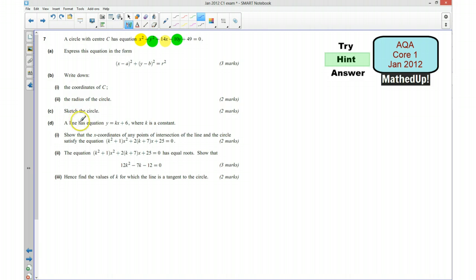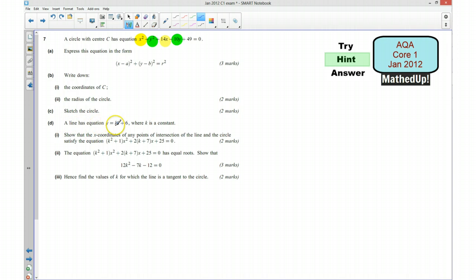Okay, part C asks us to sketch a circle, so hopefully from part B we'll have enough information, because we'll know the coordinates of the centre and we know the radius of the circle. We should be able to do that without any problems. Part D,